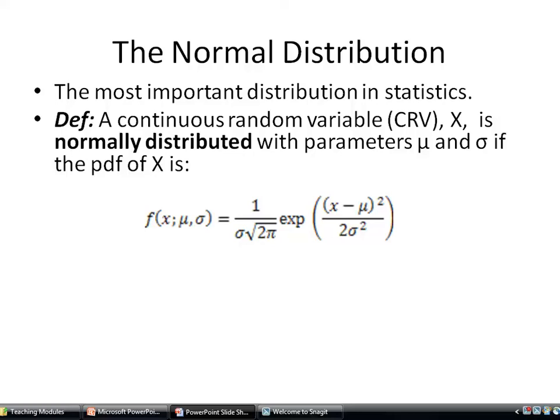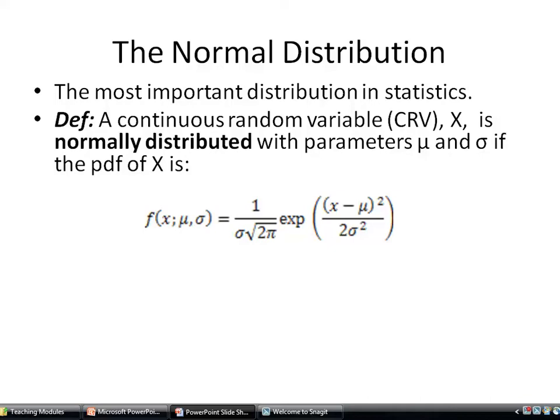So now we're going to move on to the idea of specific types of distributions and probability density functions, and the one that we're going to cover first is called the normal distribution. And you may have heard of this before when talking about bell curves and whatnot for statistics associated with exams in your classes. But it's all based on the normal distribution, which is the most important and most widely occurring distribution in statistics. And so it's generally defined